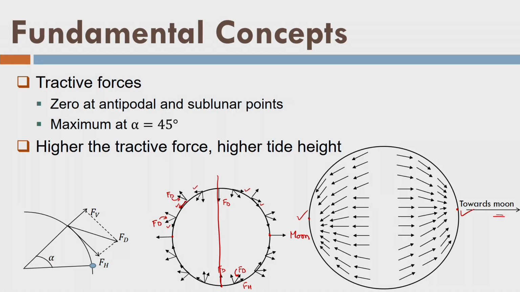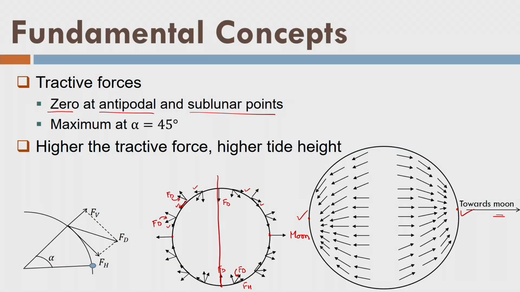So let us look into this thing. Moreover, we can see here that tractive force is although 0 at the antipodal and sublunar points, but they are responsible for creating the tides because water is accumulated although force is 0. Now what should be the height of the water rise? The water rises to a level where the force of the moon on the water and the force of the gravity of earth are the same. That means the water surface becomes in equilibrium after creating the tide. I hope you agree with that idea now.